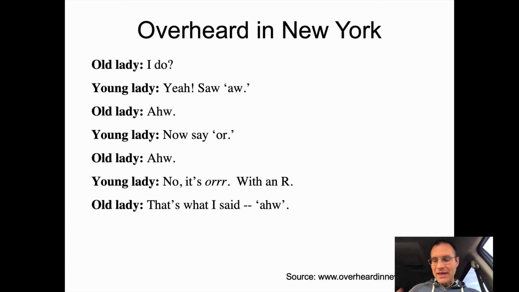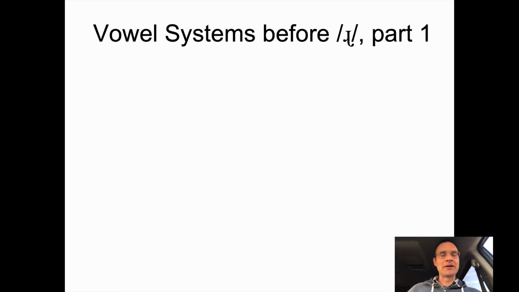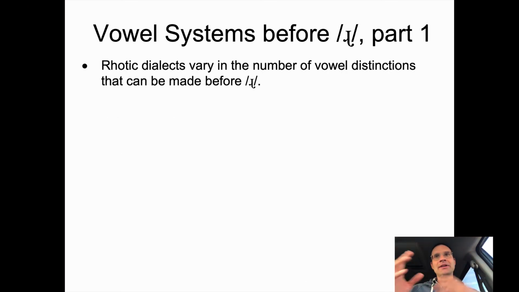Okay, so with that in mind, it's going to be tricky for us to pay attention to this phonetic level of how R's get produced in English or any other variety of sound, but we still need to learn where to expect the patterns, because that'll help us out in giving us a guide to know what to expect, basically. So rhotic dialects like Canadian English or American English vary in the number of vowel distinctions that can be made before